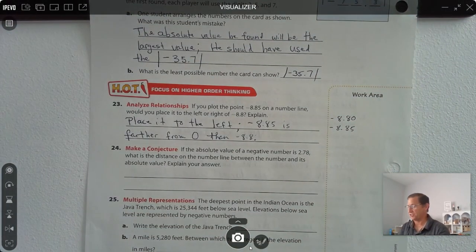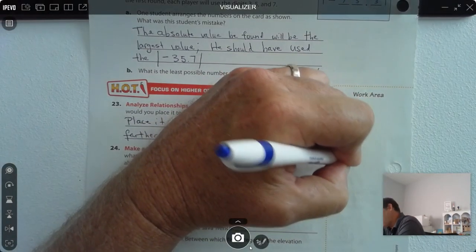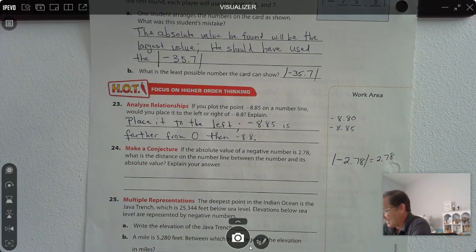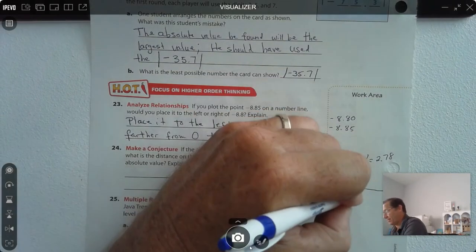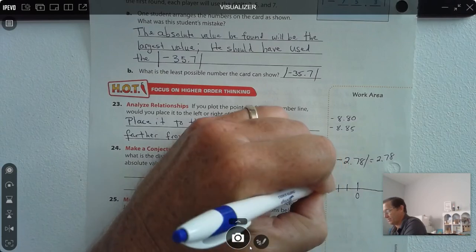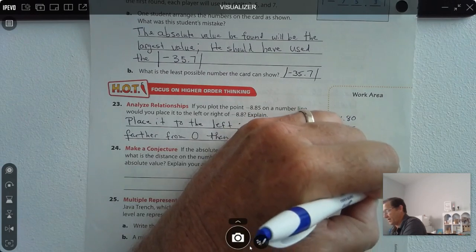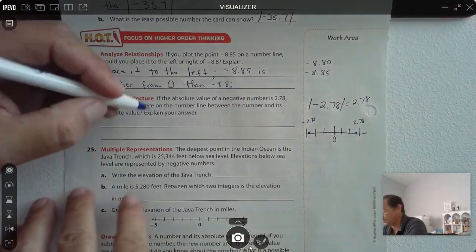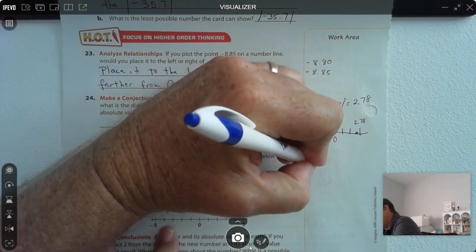All right, make a conjecture. If the absolute value of a negative number is 2 78/100, what is the distance on the number line between the number and its absolute value? Okay, so basically, if we had a number line and we have 0 here, 1, 2, 3, let's say we put negative 2.78 here. Well, its absolute value would be over here at 2.78. So basically, we just have to add these together. So 2.78 plus 2.78,